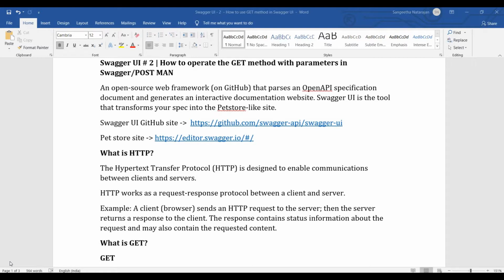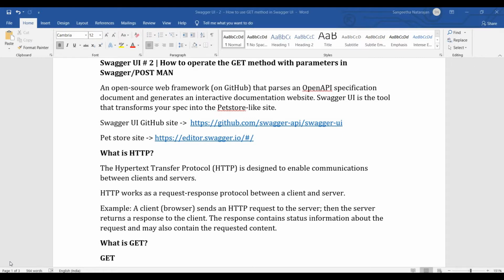The important one is Swagger UI, which everyone uses at a global level. Under Swagger UI, there are 3 categories available: pet, store, user. Using that URL, we are going to check different HTTP methods, whether get, put, post, or delete, everything. But in this video, I'm going to tell you about the get method only, okay?